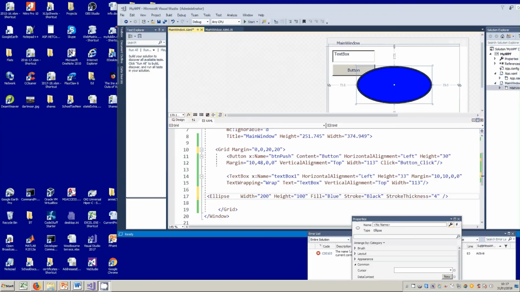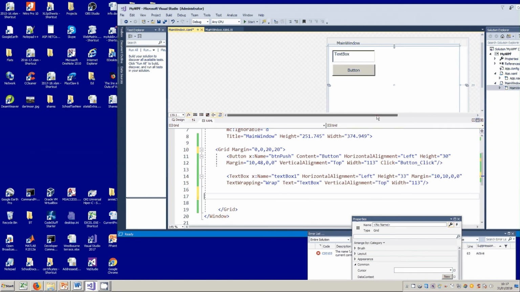I mentioned before this correspondence between XAML and code. So I'm just going to delete the XAML, and that deletes my ellipse, of course, and I'm going to do exactly the same thing, but this time through code. So if I go to my code window by double clicking on the button,